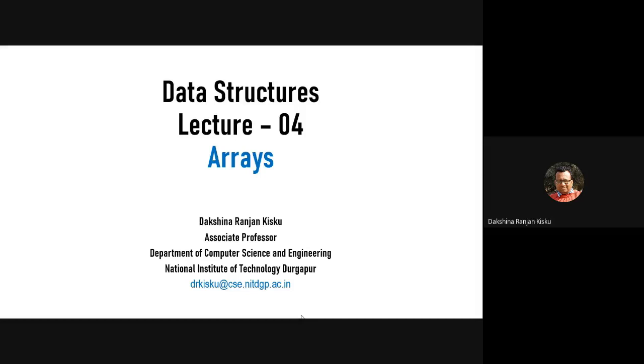So today we are going to talk about the array data structure. As I said during our introduction class, from array data structure I will talk about sparse matrices only, and we will also talk about a number of operations on sparse matrices. Before we move to sparse matrices, I just want to cover some preliminary, basic notions which are used in array data structure.